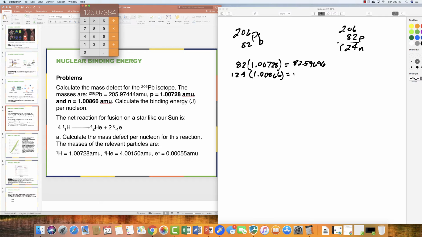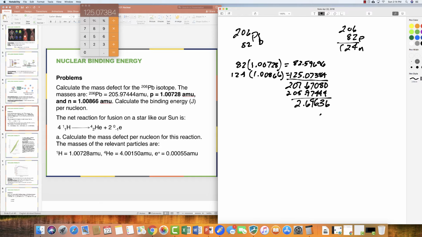124 times 1.00866 is 125.07384. If we add these two together, we get 207.67080, and the true mass is 205.97444. So if we subtract these two, we get the deficit,